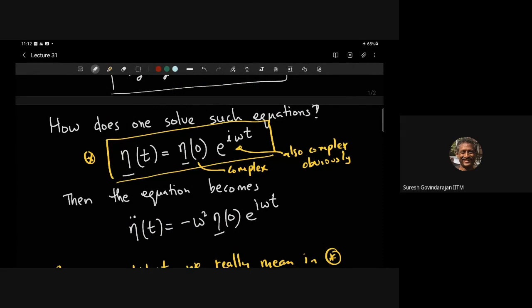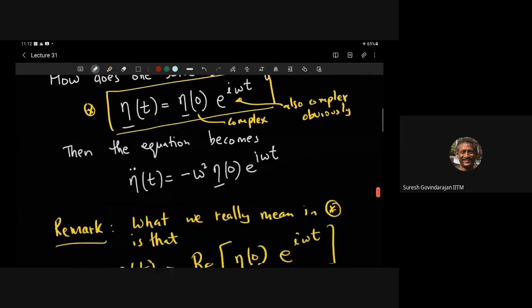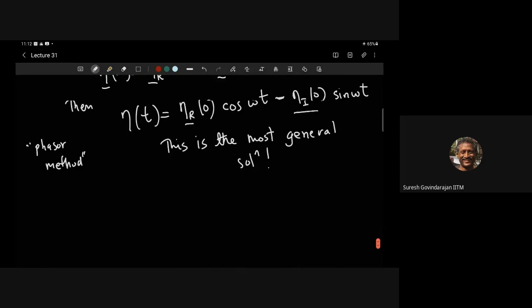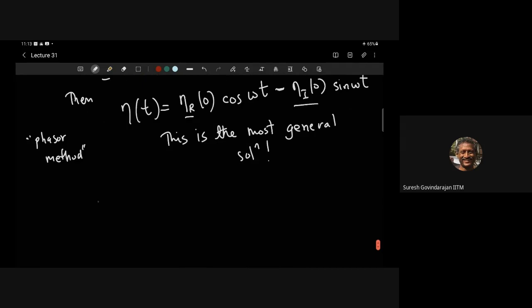I didn't do that because it's a linear thing. In fact, nobody said that eta of t should be the real part. It could have been the imaginary part also. That will also work. But the convention is to choose the real part. So we plug it in there, and